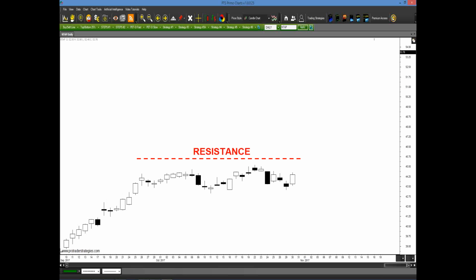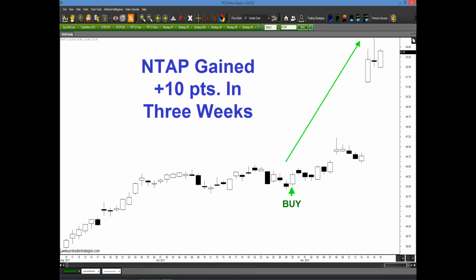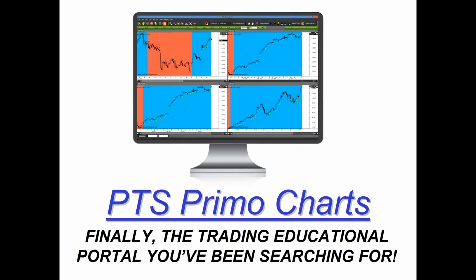Now the technique I'm going to be sharing with you today, this simple 4-step process, actually would have said, forget about that resistance, forget about all these benchmarks and things that are supposed to tell you what the market's going to do. Just listen to the market. The market actually said it wanted to go higher. Had you taken advantage of this, well, potentially you may have been able to capture 10 points in the next 3 weeks. So with today's process, I'm going to show you how simple it is, especially because we've designed this to work perfectly on our new platform.